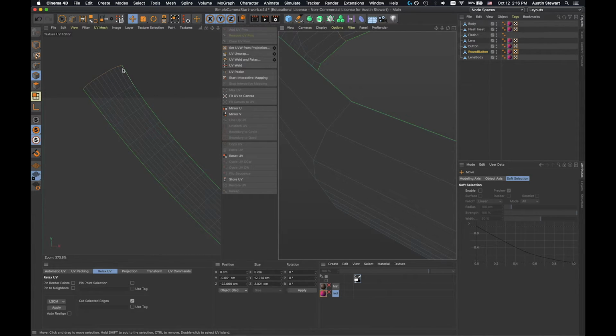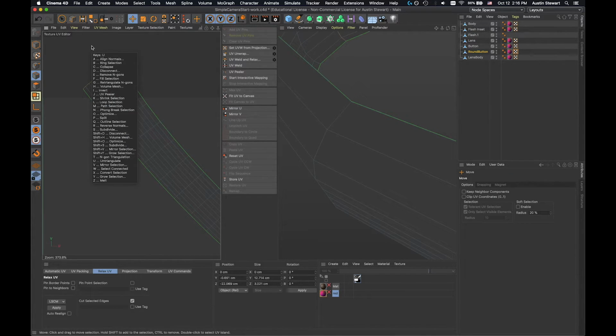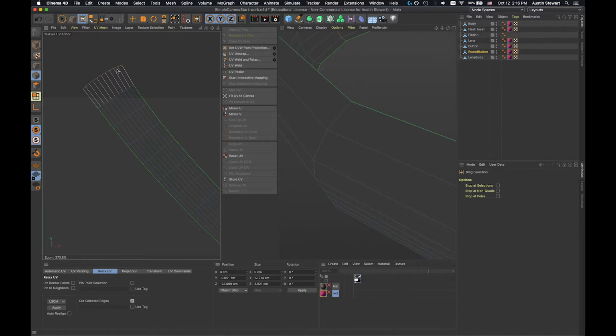So I'm going to go to my Edges tool, and I'm going to hit the letter U on the keyboard, and then the letter B, which selects the ring selection. I'm going to do some of this selecting in this view, some in this view, right? What I want to do is come down here. I definitely want to select this. I'm holding down Shift while I do this so that this cut continues to be made here. So I'm going to cut this one, and that's all I need on the top,